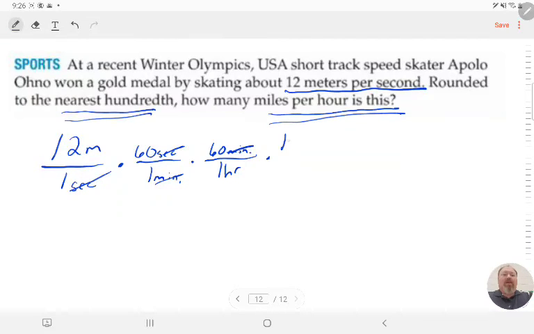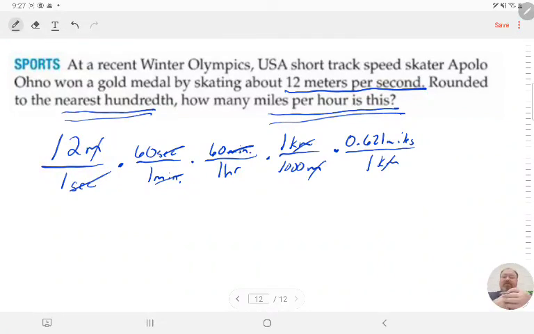So I could take 1 kilometer over 1,000 meters. And then I know that there is approximately 0.621, because I looked at that chart I showed you, miles per 1 kilometer. So 0.621 miles over 1 kilometer. Kilometers would cross out, and meters would cross out, and that leaves me with miles on top and hours on bottom, which I'm looking for, miles per hour. So it works. So now I just simply multiply straight across. 12 times 60 times 60 times 1 times 0.621, and I end up with